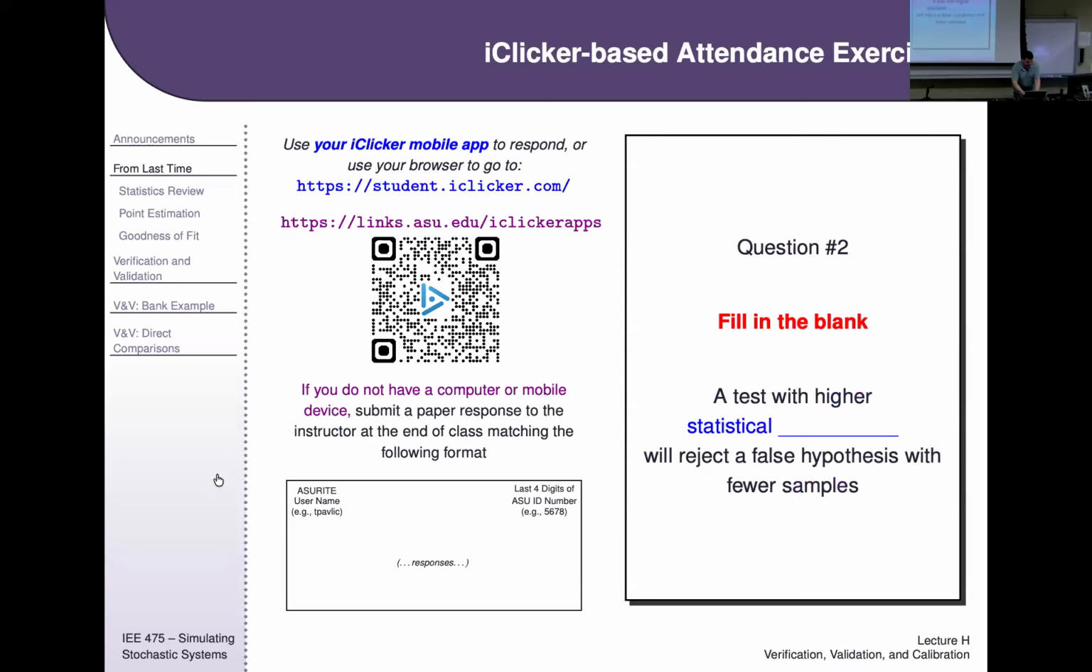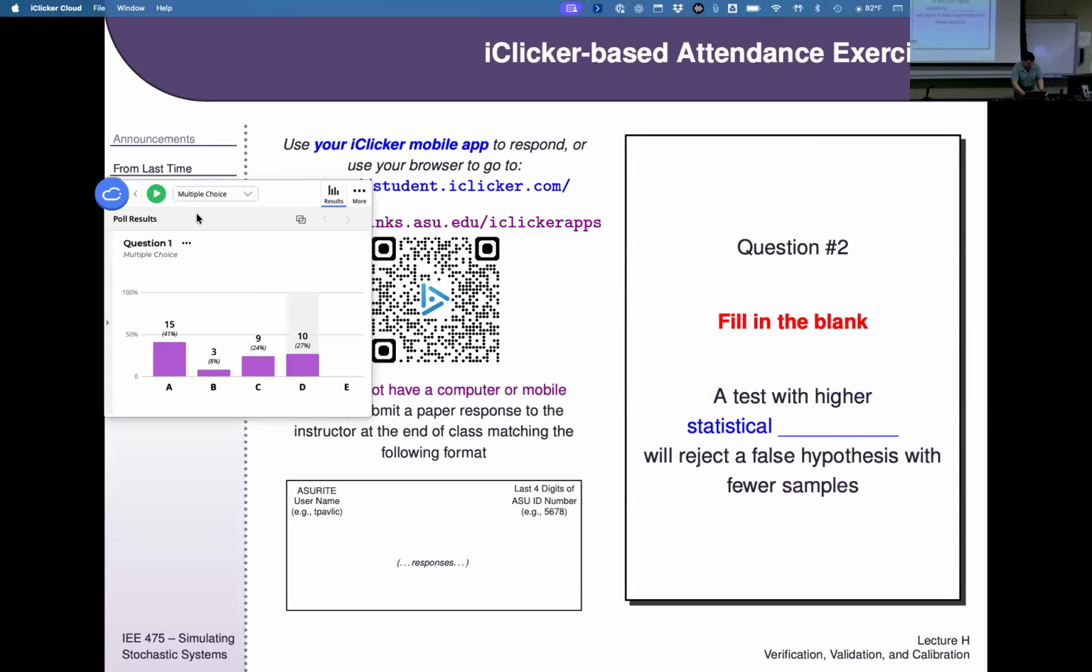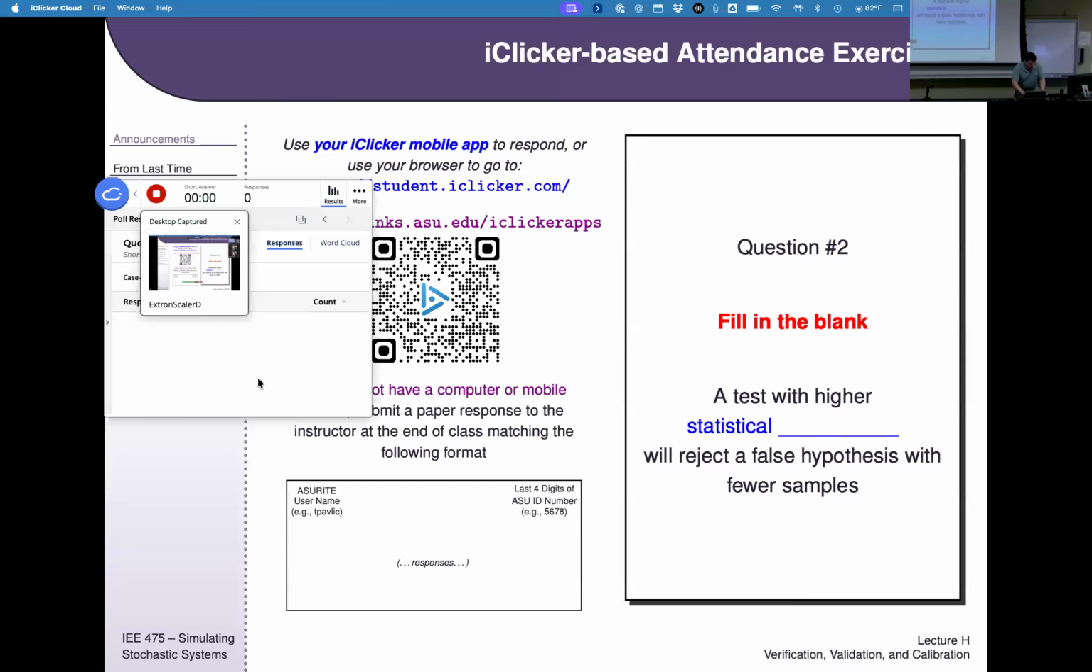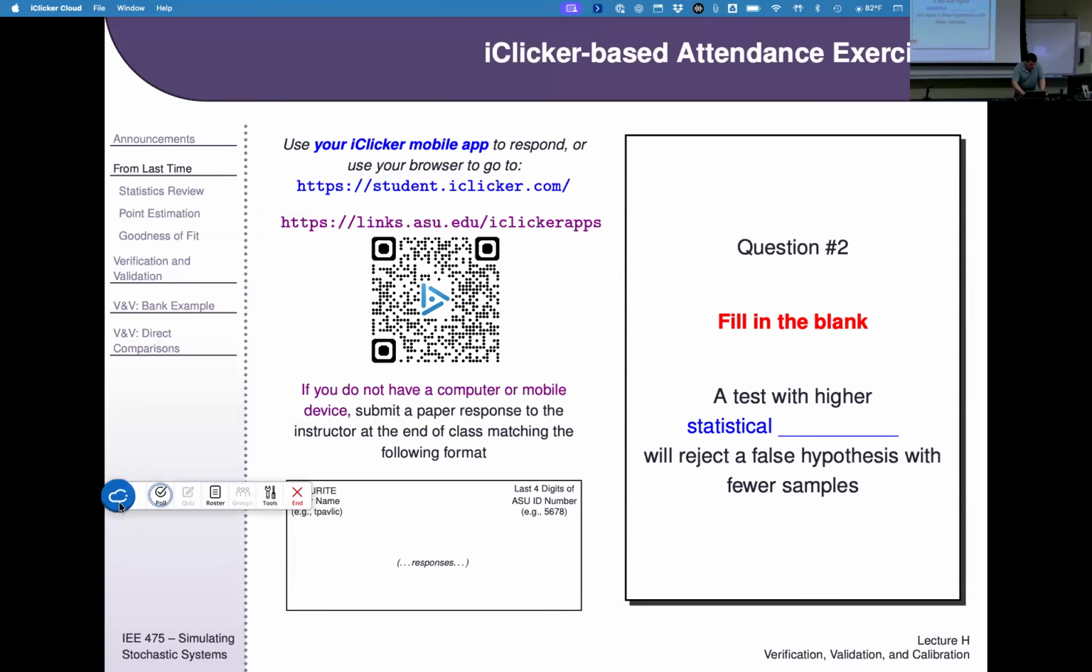All right, so related to some of the things I was just saying there, let's do a short answer. So I'm looking for one word here. All right, so I think that poll's running. Yes, okay. All right, so the question here is: a test with higher statistical blank will reject false hypotheses with fewer